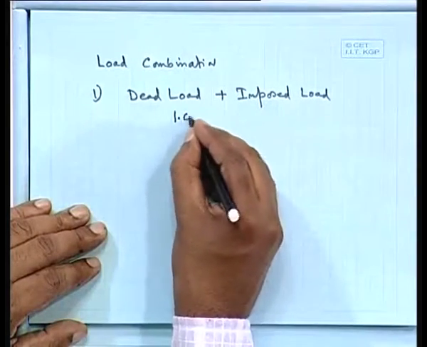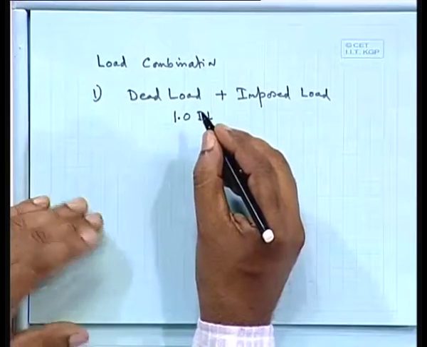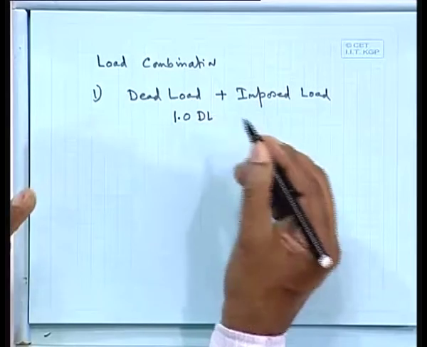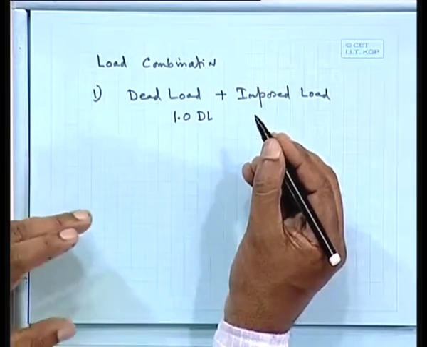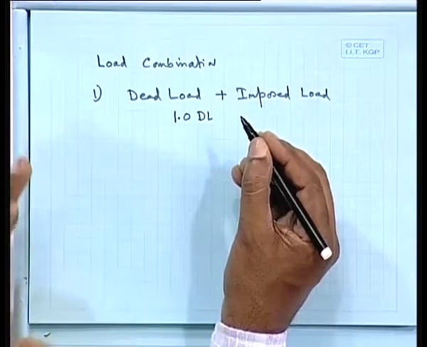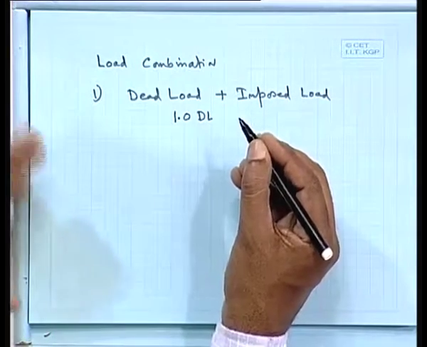Please note, for calculating the size of the footing we do not take that 1.5, because we are not taking the limit state, rather we are taking the working stress, because the bearing capacity of soil is given as working stress, that is the serviceable one, not the limit state or ultimate bearing capacity. Ultimate bearing capacity divided by a certain factor of safety will give me the safe bearing capacity of soil, which is the serviceable one.